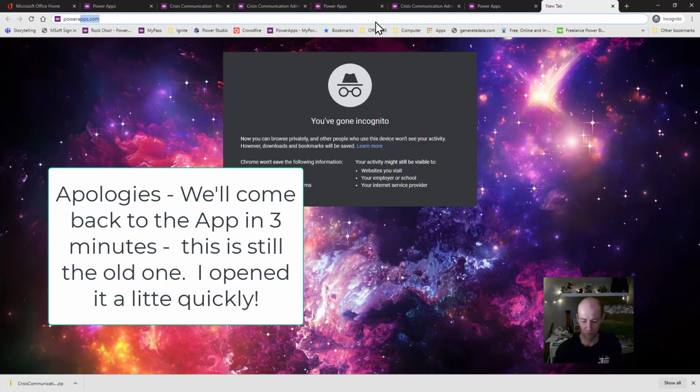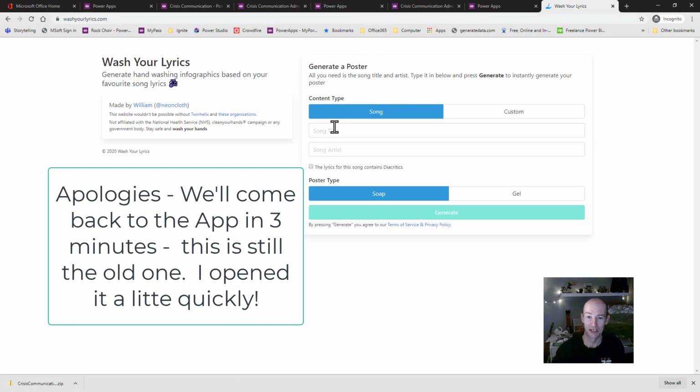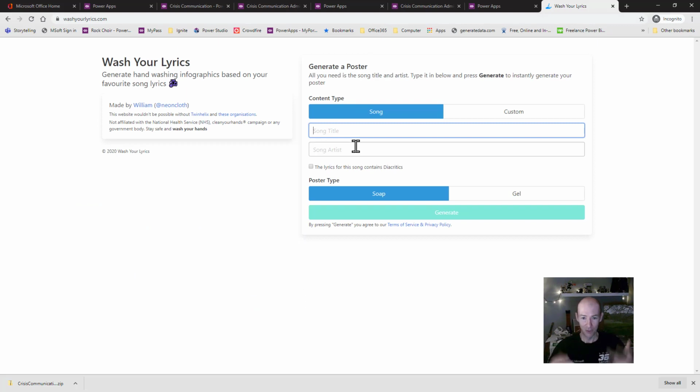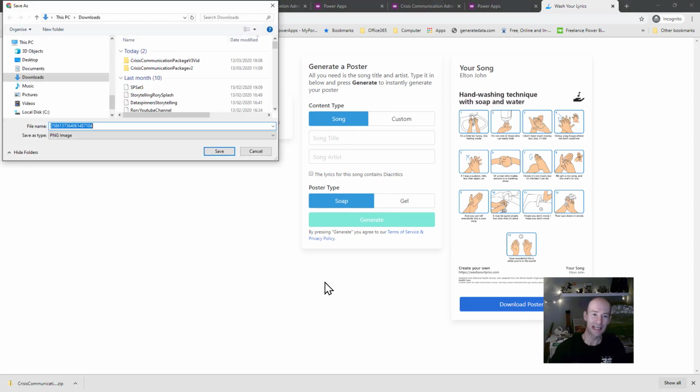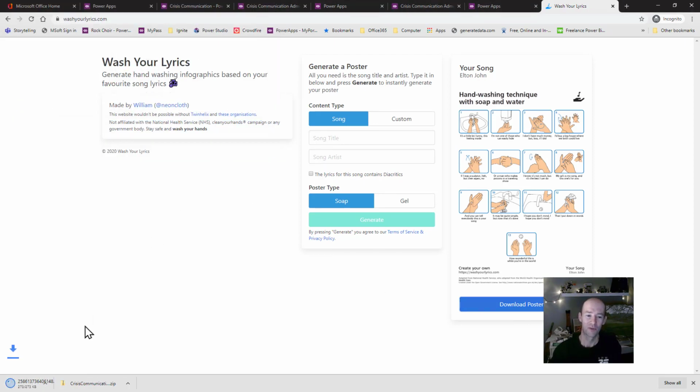So Wash Your Lyrics, washyourlyrics.com. What you do with Wash Your Lyrics is you put in a song that you like, say, Your Song by Elton John. I say Your Song, it is actually called Your Song, and then you click generate, and what that does is it generates for you a poster, so that instead of singing happy birthday when you're washing your hands,